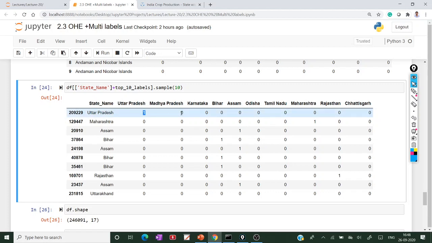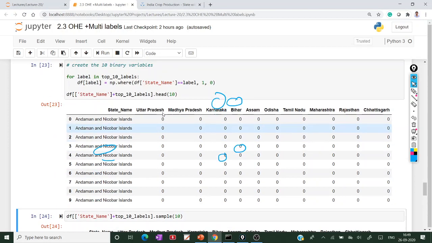The rest of the values are 0. If you see Assam, it is in the top 10 features, so 1 is there. If it is Bihar, then Bihar is there.